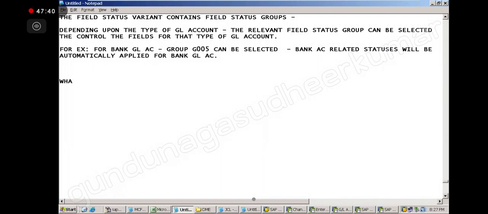What is the T code to open and close posting period? OB52. Perfect.